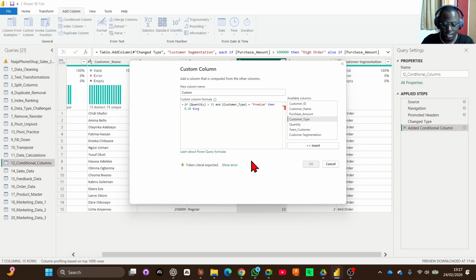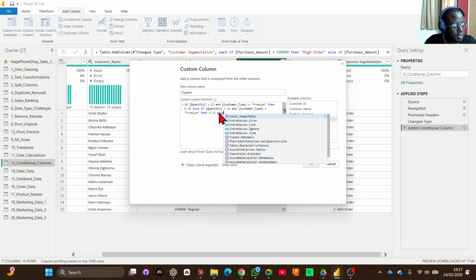Else, if the same thing again. So I'll just copy everything again. I'll be a lazy person, I'll copy it again and paste it. But this time around, instead of 15, it's 10. Then the customer type is still premium. But you know what changes here is the 10, so the percentage will change to 15%. Then else if,